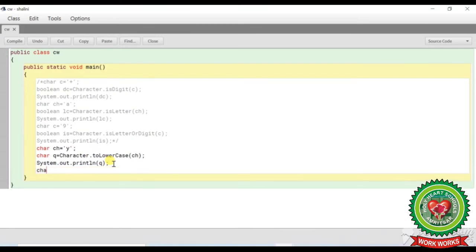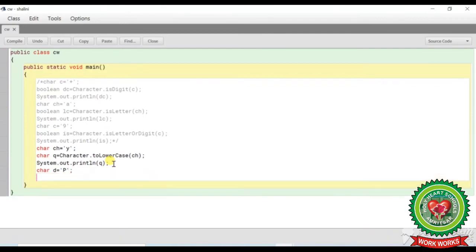Now the next is toUpperCase. So char d equals, let it be anything, p, then semicolon, char e equals Character.toUpperCase.